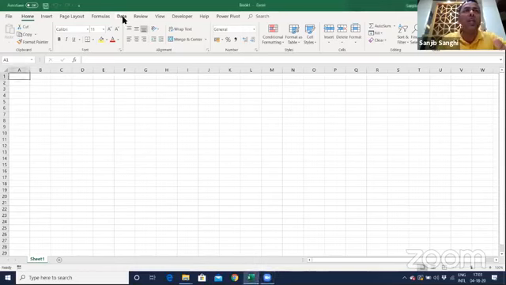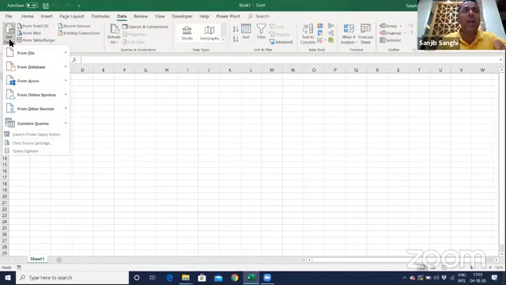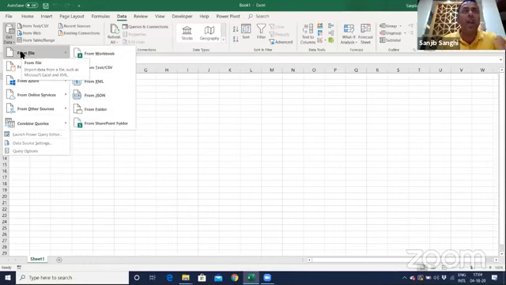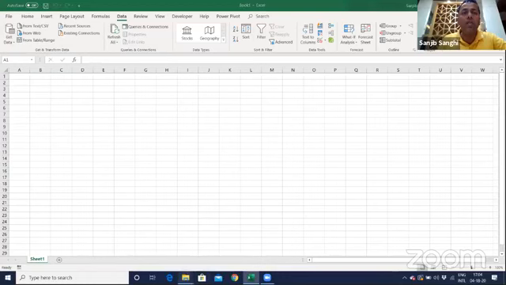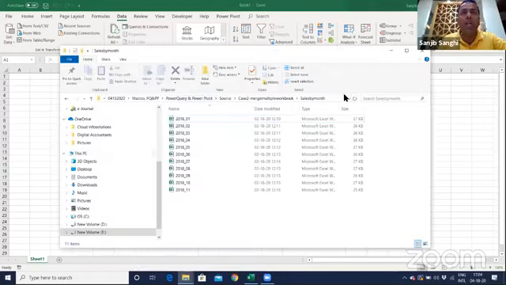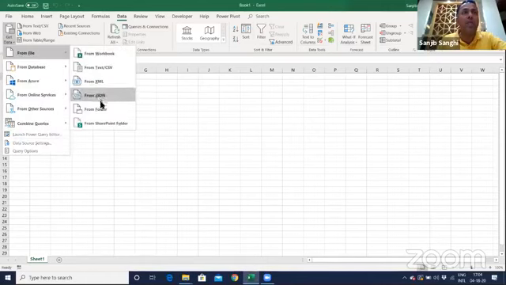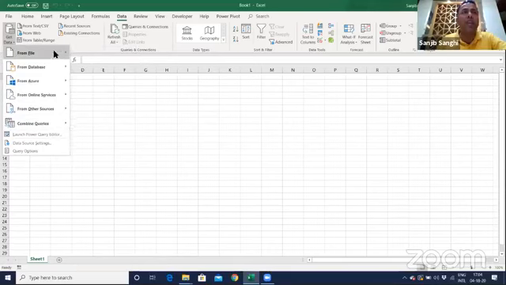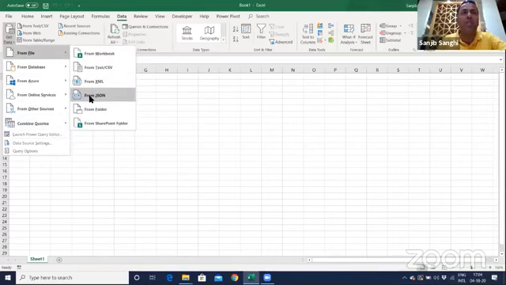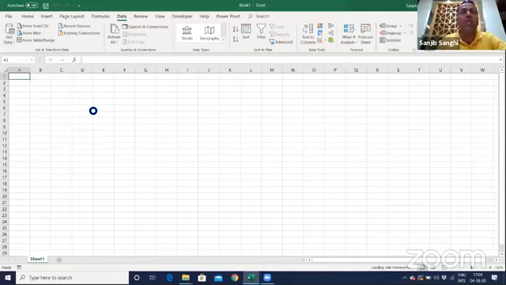I will go into Data, and I'll go into Get Data, From File. This time I don't know the file because I've got 11 files in a folder. So what I will do is go back to that folder and copy that location with Control C. Go back to this Excel, Get Data, From File, From Folder. See, you can take a file from a website also, from a database also. There are so many, from XML, from JSON, but I want this file from folder. I'll click over here.